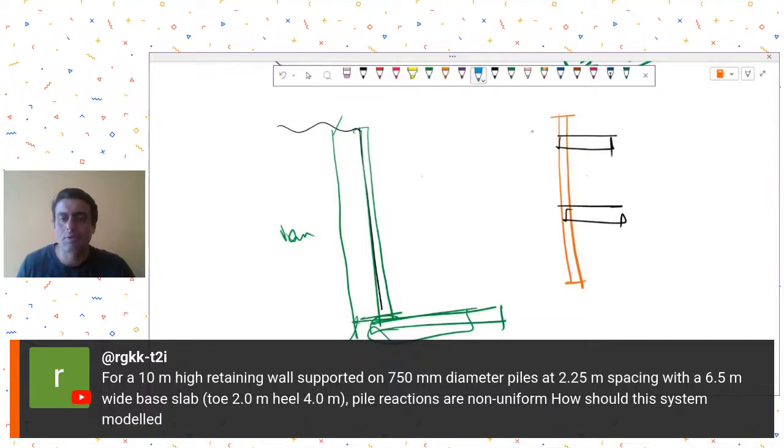This is the plan I'm showing you on the right side, and this is the fill over here. Let's say you have come up with pile caps like this, and from the pile cap, your wall starts. Let's say at the end of the pile cap, you provide some beam-like element from which the wall starts, right? So then